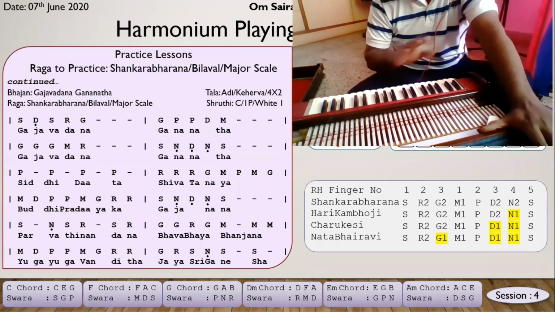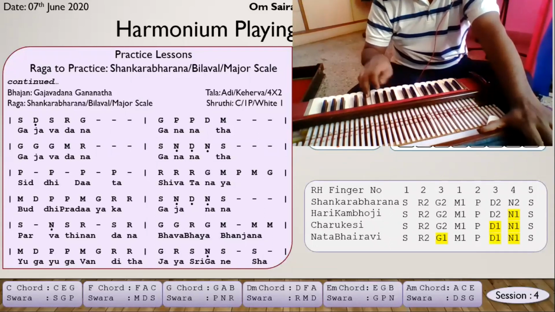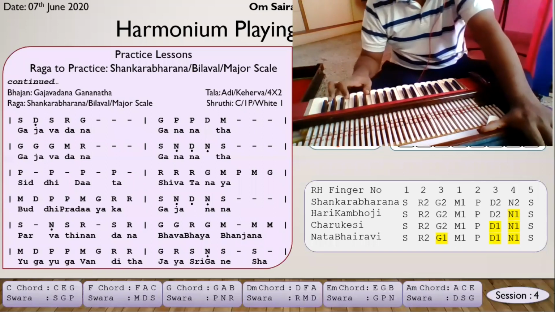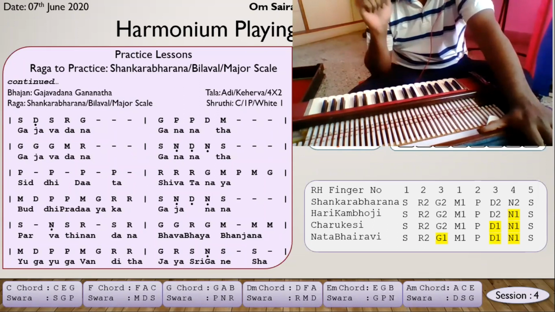So you have three positions for all chords. As homework, all of you can do this. You can take Sa Ga Pa and do this, and then you go to Ma Da Sa. So Ma Da Sa, then Da Sa Ma is the first inversion. Then Sa Ma Da is the second inversion of the F chord. So I'm inverting it. You have three ways to play the same chord. The same chord can be played in three different ways. In today's bhajan, we will try to use these chord inversions.